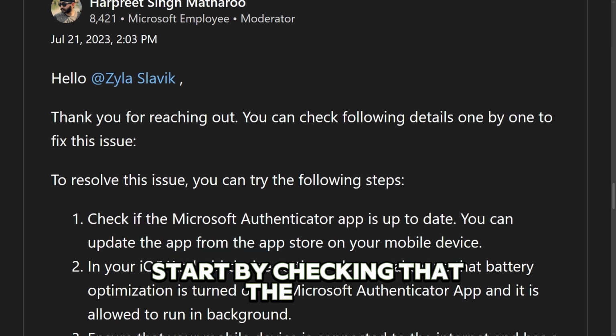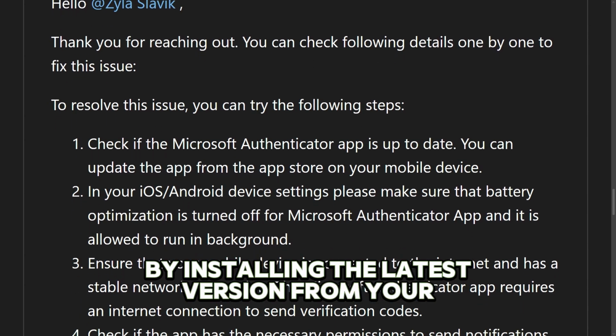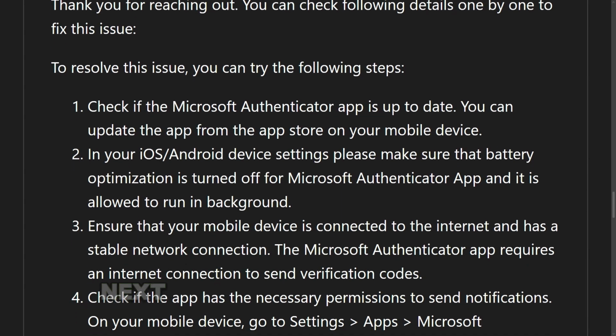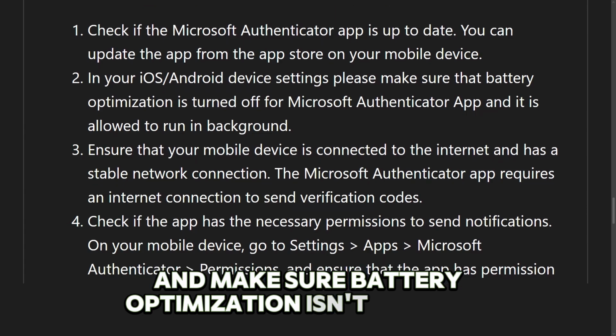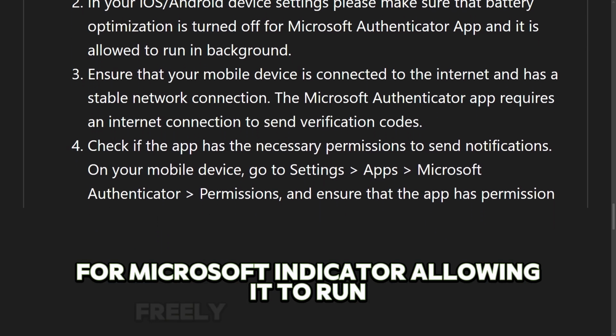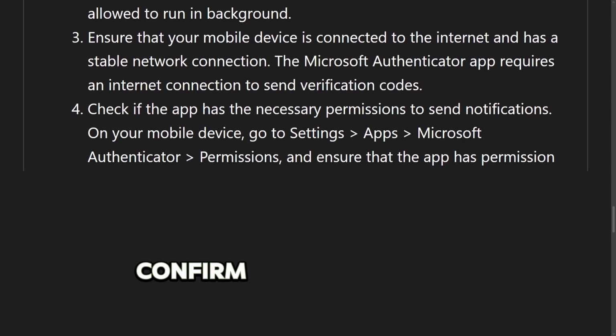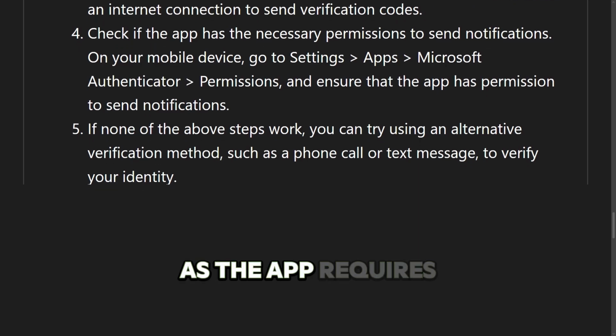Start by checking that the app is fully up to date by installing the latest version from your device's App Store. Next, open your phone settings and make sure battery optimization isn't disabled for Microsoft Authenticator, allowing it to run freely in the background. Confirm that your device is connected to a stable internet connection, as the app requires online